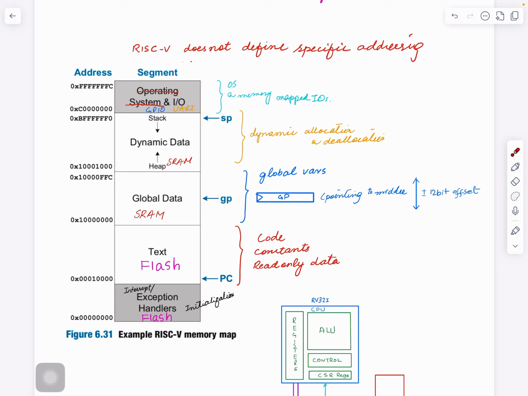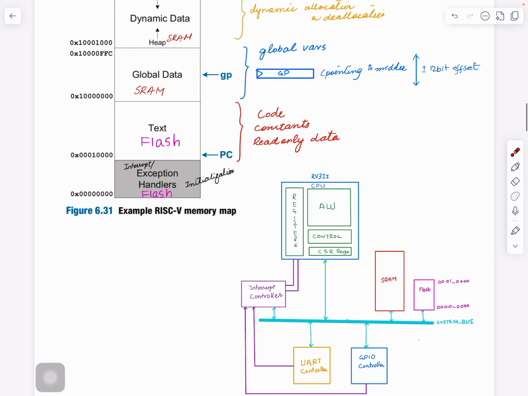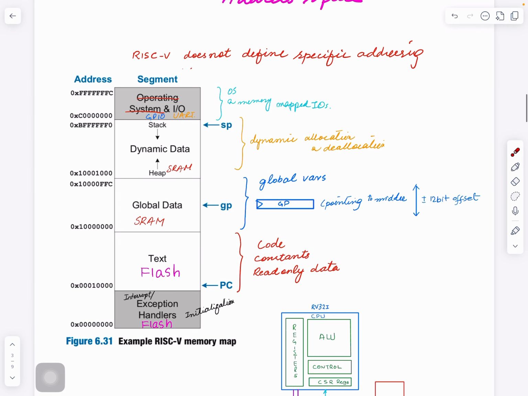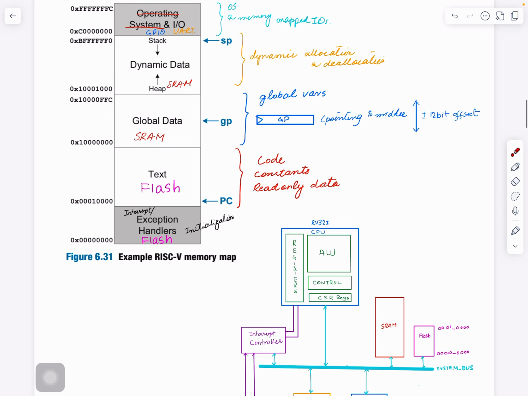Because the mechanism of communication between the CPU and all these other devices is that when it wants to access the flash, it uses certain addresses. And by the way, the RISC-V spec doesn't guide you on which addresses to use for flash, which for SRAM, or for the devices. You can do that on your own. That's your freedom. So let's say we need a small memory, I don't know how much, 256 bytes,